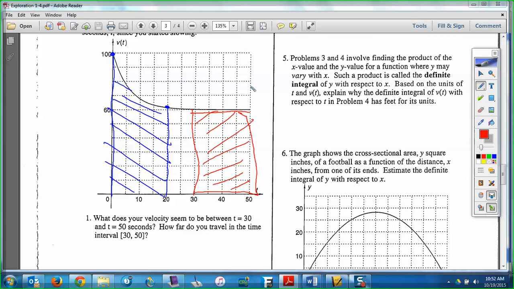Here's a case with a constant velocity. We can just use simple algebra or simple arithmetic to find the distance traveled. When we have a changing quantity, how are we going to find this? Now what they say is count the squares and estimate, right? So let's do it. Go ahead and count how many squares are under here. What do we got? That's 24 squares. Now how many feet is each square?